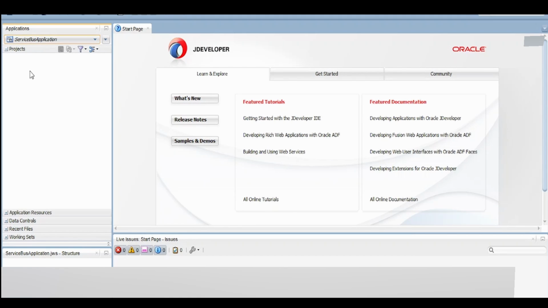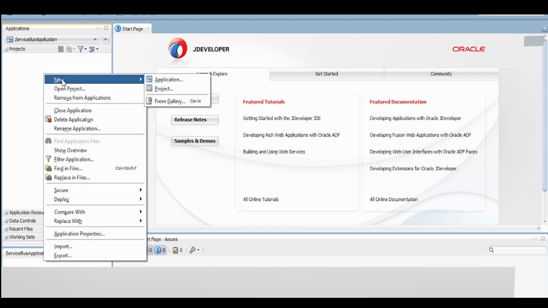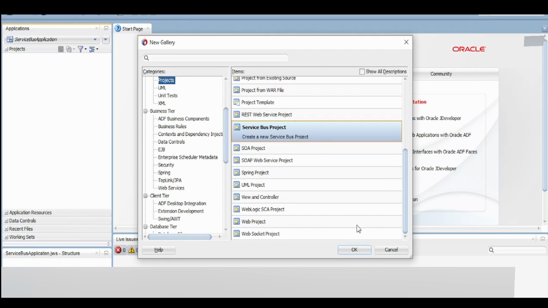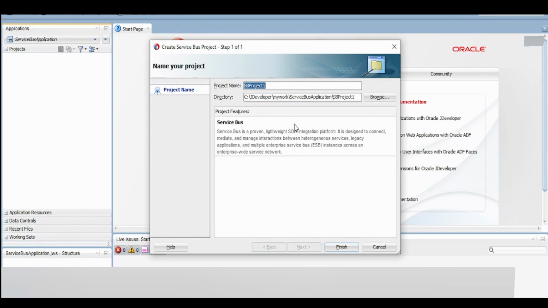Now to import our Oracle Integration .iar file in our service bus application, we need to create one project over here. And the project should be of service bus project type. Here I'm giving import OIC IAR